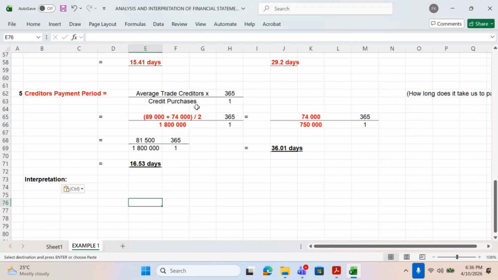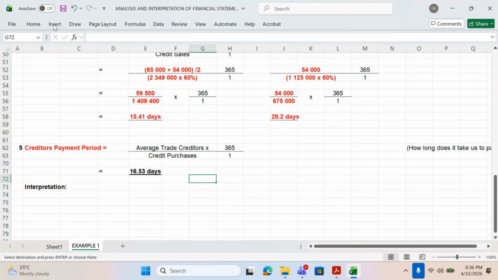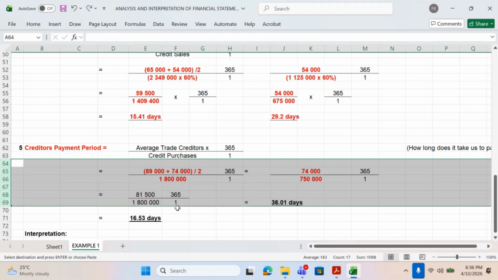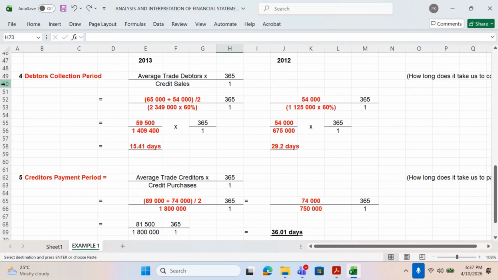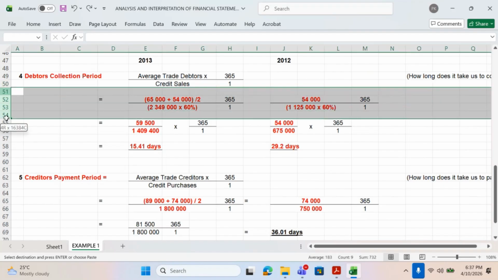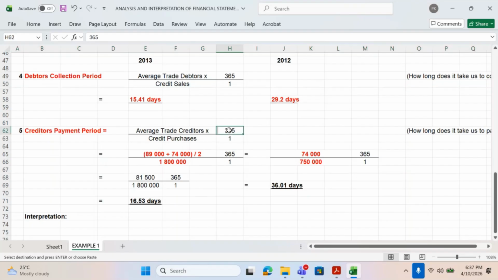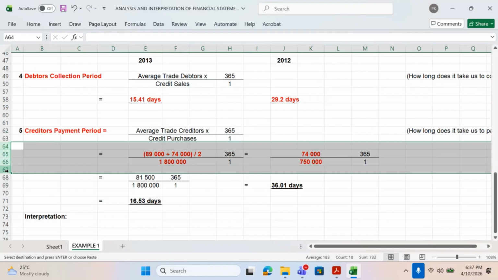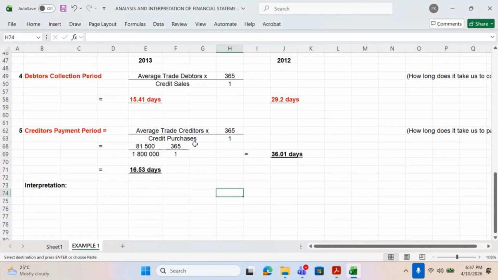Let me do this. Just want to do something here. It's not working. It's not working for me. Okay, let me do this. Just want to do something here. Okay, so I've tried to hide the other part. Now,